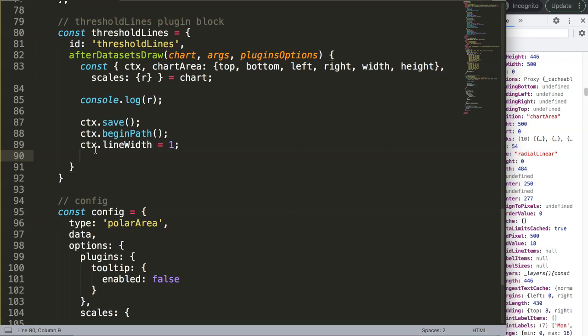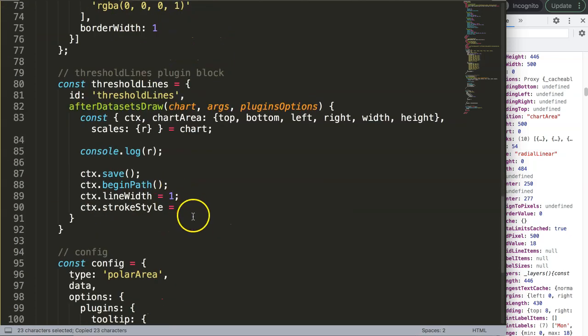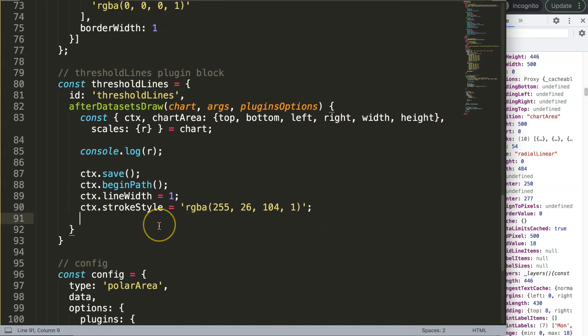Next, I want to give it a color. So we're going to say ctx.strokeStyle. And stroke style basically means, think about this: we're working in a canvas, and in a canvas we talk about paintings. When you use a paintbrush and make a line with it, we call it a paintbrush stroke. So a line with your paintbrush is called a stroke. Alright, so I'm going to grab this border color here. That's beautiful. Once we have this semicolon to assign the color,